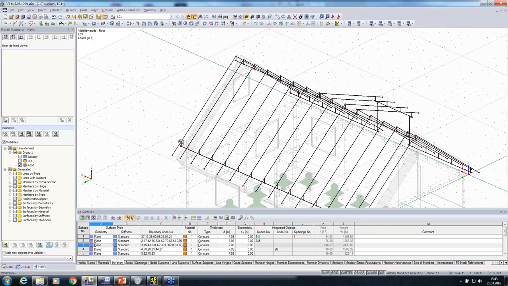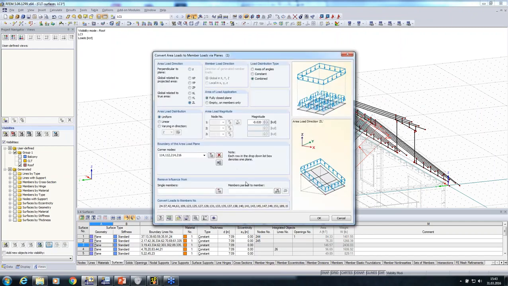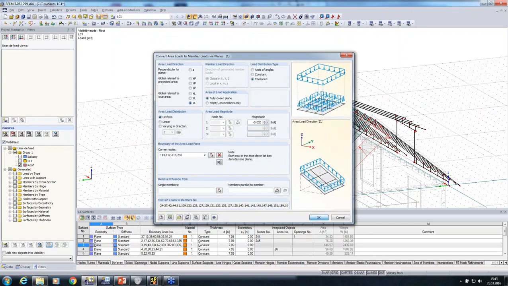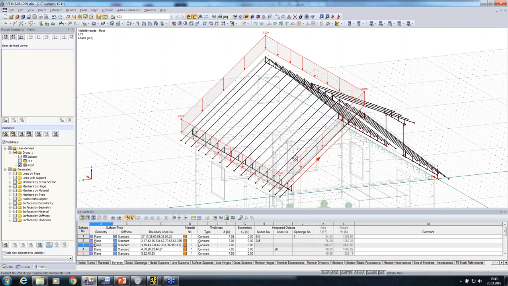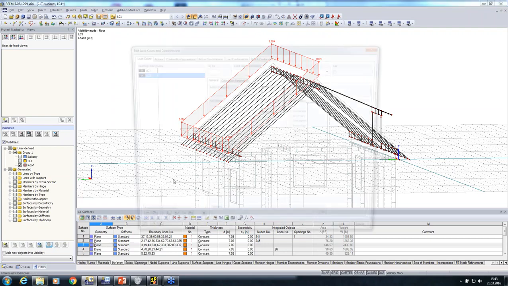Okay, so that load is assigned but in the wrong direction. So that makes more sense, yeah. Okay, the other side of the roof I will leave out right now, and I will create now the snow load